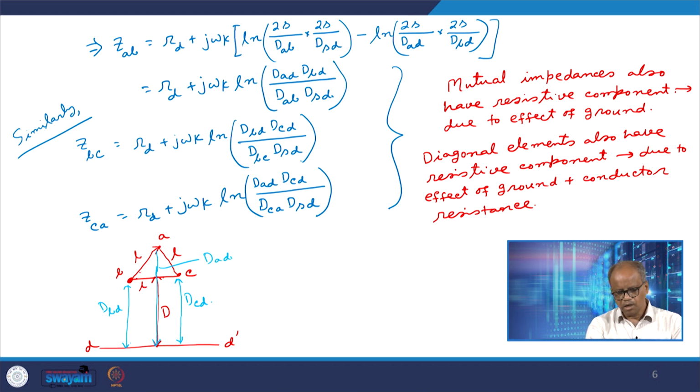Now if this value of capital D is much greater than L, then obviously I can say that effectively DAD is almost equal to DBD is almost equal to DCD, right. So suppose I say that these values are denoted as DE, then therefore